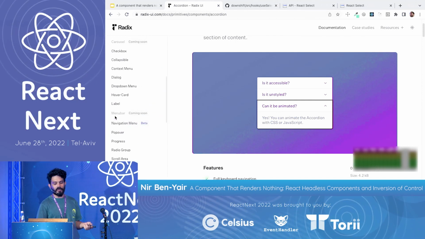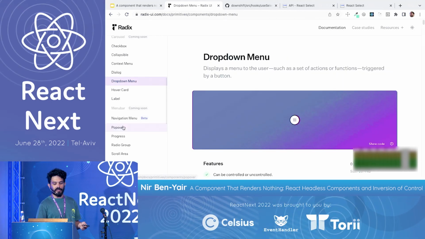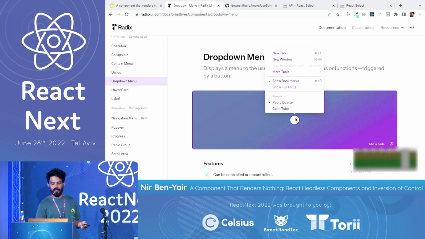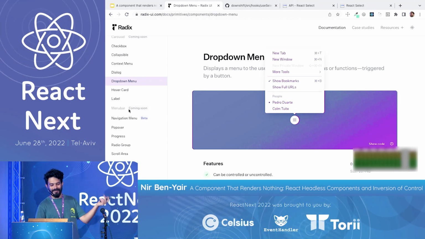And they also support drop-down menus and popovers and many other